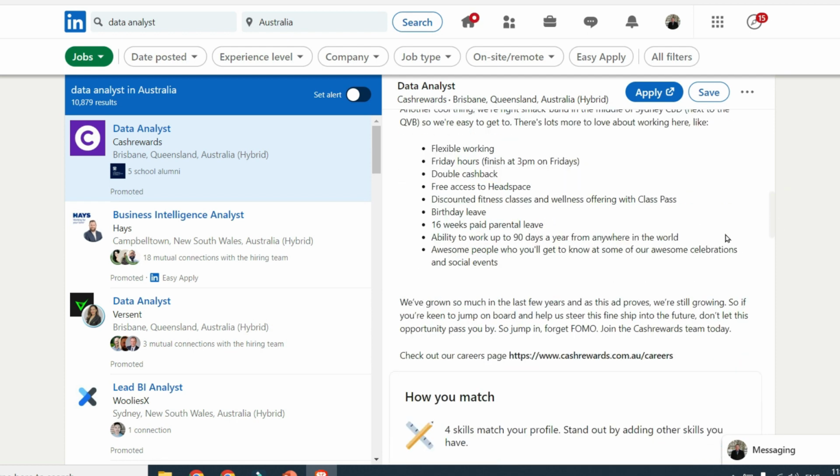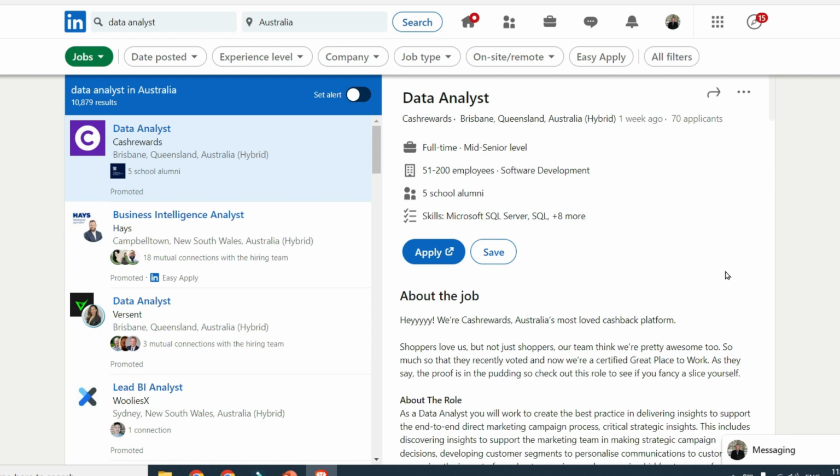Another thing you could do is, at the bottom of the ad, they usually have a link to their own website. You can see if they are offering other jobs. And usually it will give the name of the HR person or the recruiter who is advertising the job, and you can contact them directly on LinkedIn or directly through the website. All right, so that's just directly searching for jobs.